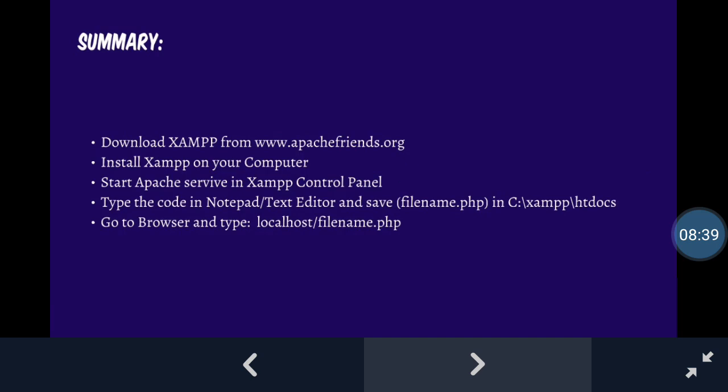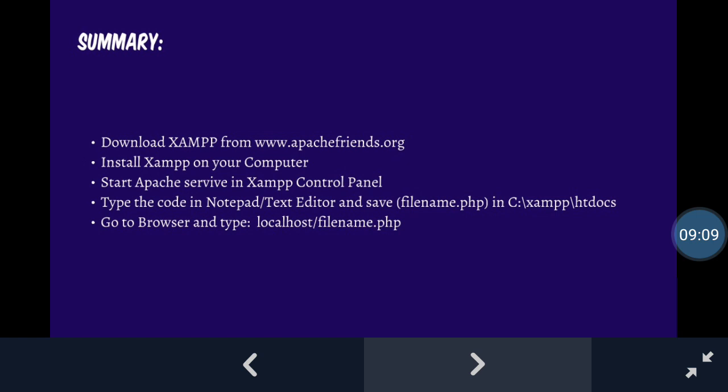Now for the summary. The first one is we need to download XAMPP server from www.apachefriends.org. Next, locate the downloaded file in the download folder, double click on it and start the installation process. After installing, start the Apache service in XAMPP control panel. It will turn green. This ensures that the service has started.